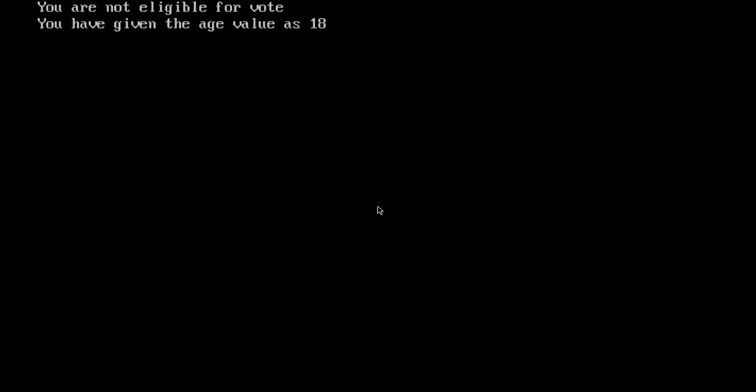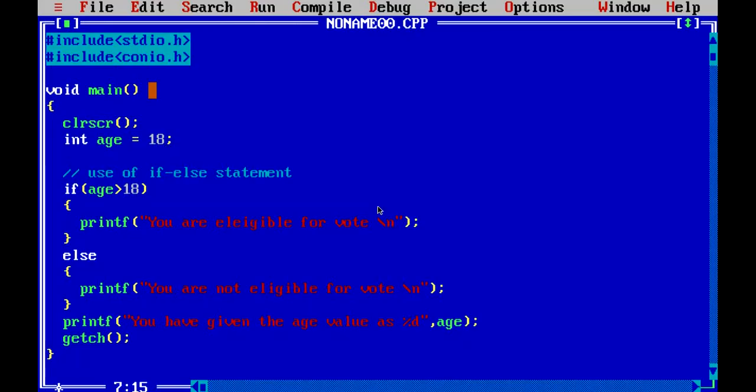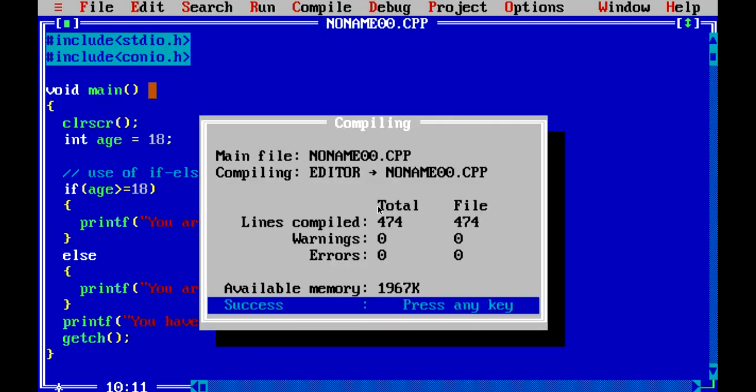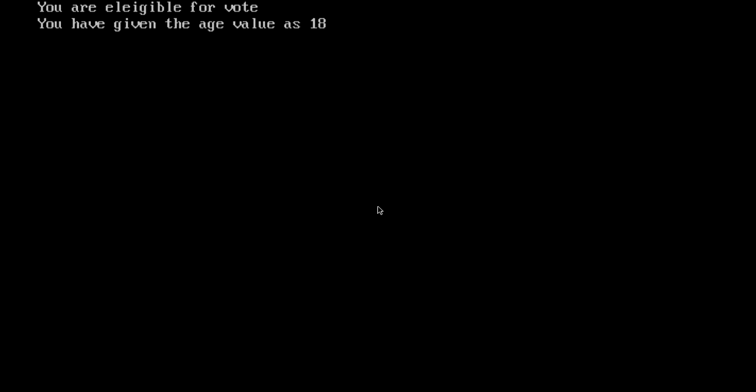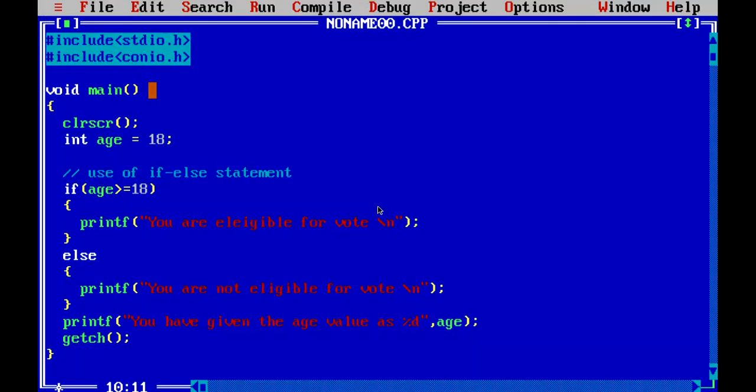Again it is saying you are not eligible for vote, so we need to give greater than or equal to 18. If the age is equal to 18, then it will be true, and if age is greater than 18, again it will be true. So now you are eligible for vote, and you have given the age value as 18. So this is how we can define the if else statement.